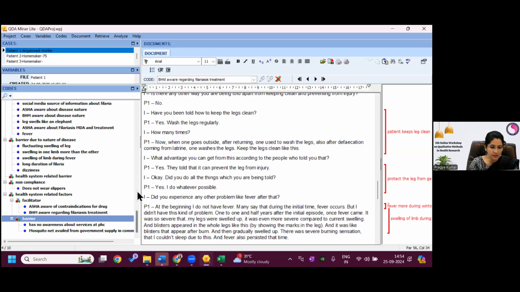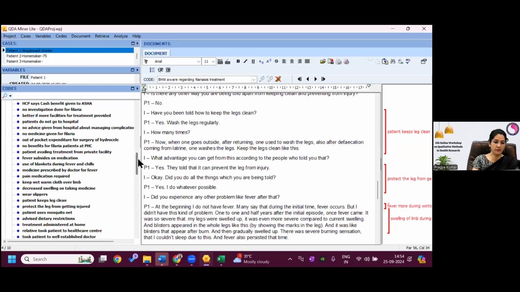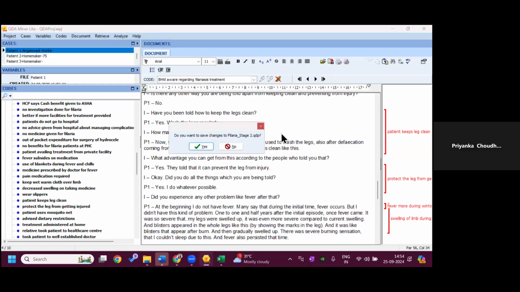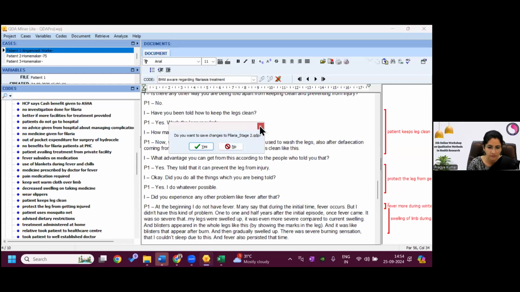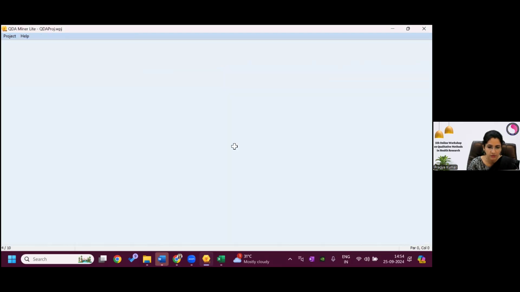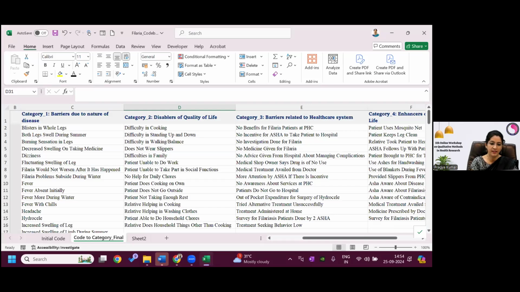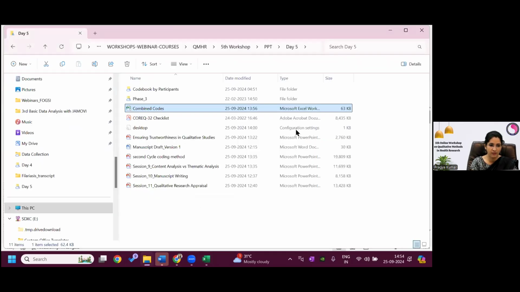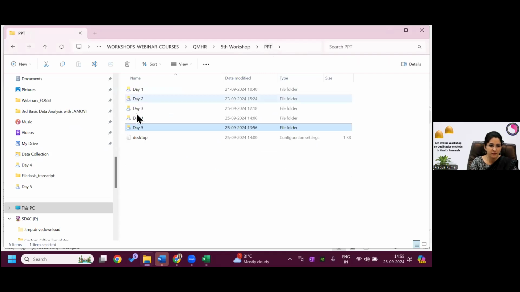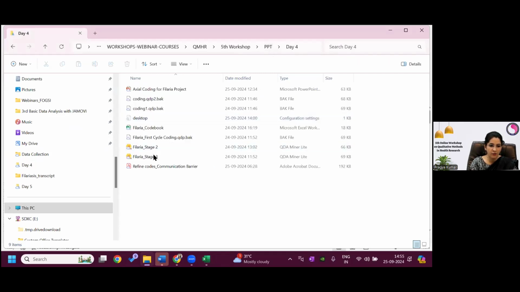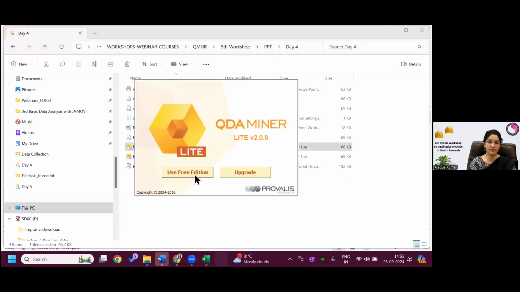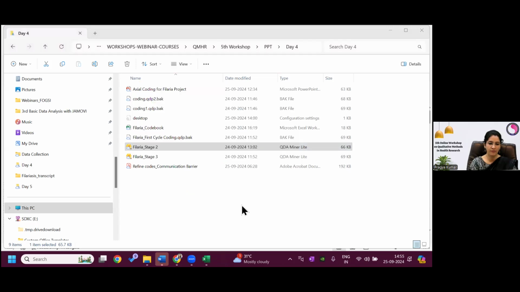So if you have understood up till this point, then I'll show you the final one. This I'm closing here. Ma'am, please repeat once how to create the subcategories once more. Yes. Subcategories. Let me cancel this. Will it be closed? No, I have pressed the close now. I'm opening. Sorry, because it is in day 4. And I did not close it also. Stage 2, but I did not save it actually. I pressed no. Again, I'll do it.